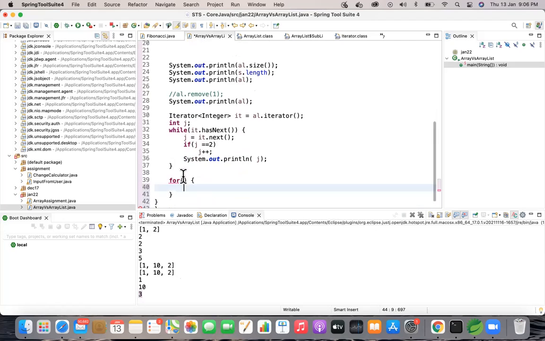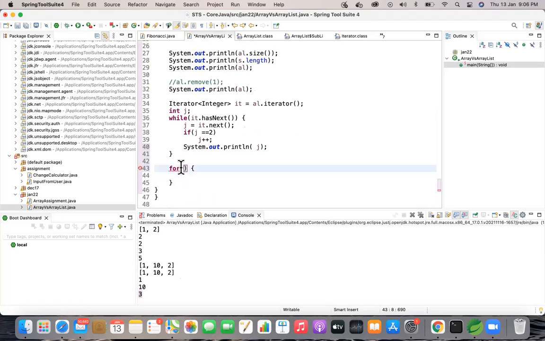Now here, what is your ArrayList object? It is AL, right? Create one colon within the for loop. And to your right, always you need to select the object which you're going to traverse or iterate. So right now we're going to traverse on AL. So just have AL on your right side. Sorry, it's not semicolon, it's colon.